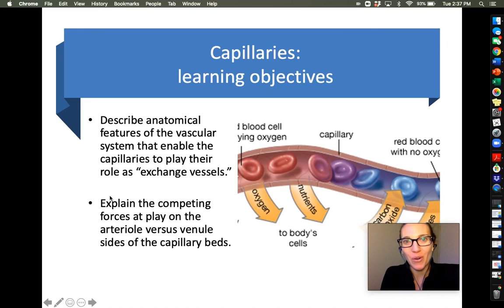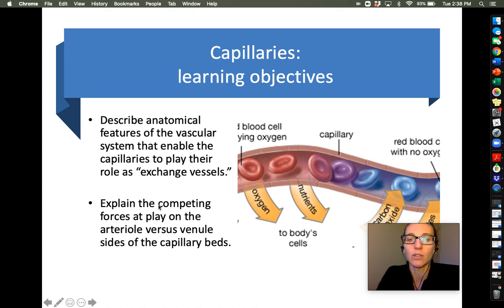Here I'm going to really hone in on the capillaries themselves. So my key takeaways for this little video are going to be for you to be able to describe some of the features in the vascular system that help these capillaries to play their role as exchange vessels. I want you to consider what is being exchanged, and then to be able to go on and explain how